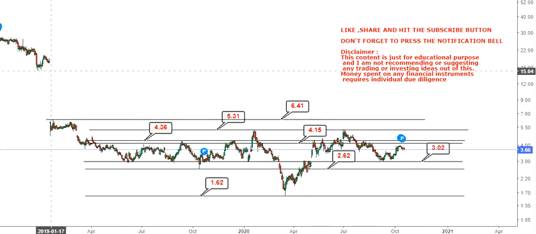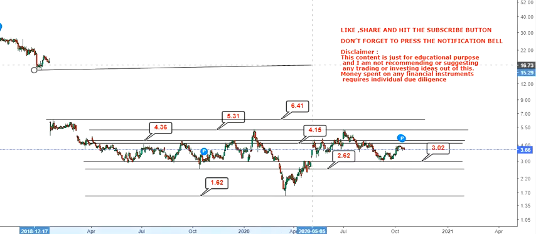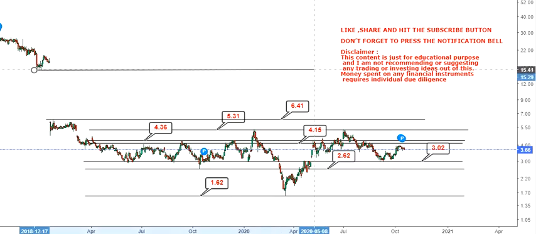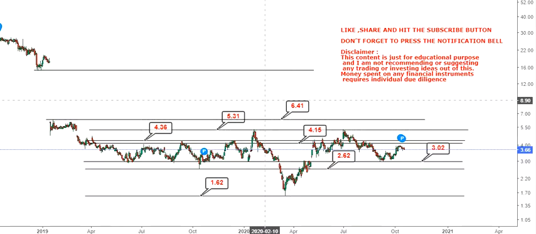above 6.41, as you can see, there is a gap down. There is a gap down from the highs of $14 or $15. So it may go up to, I don't know, but it may go up to 6.41. So this will be the biggest resistance, 5.31, but this may go up to 6.41. And if it becomes a big resistance, then obviously it will fall back from the highs of